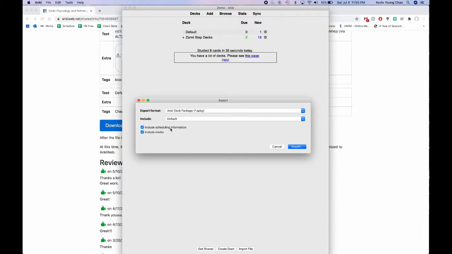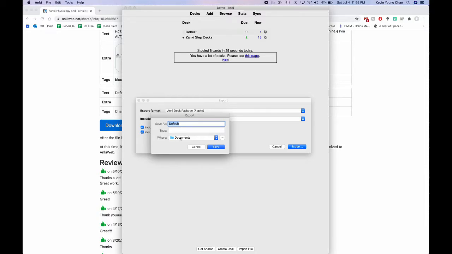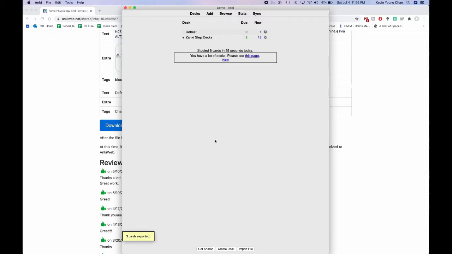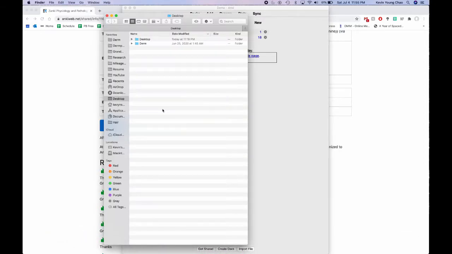Scheduling information is if you've been studying the cards and you want to make sure that you keep the age of the cards and how much you've studied them intact. The media is if you include any photos in the cards, and then we'll hit export. We'll save it to our documents. And there you go. So if I was to open up my documents,